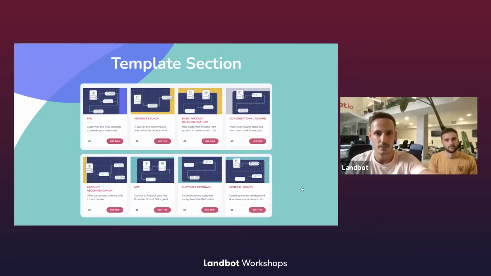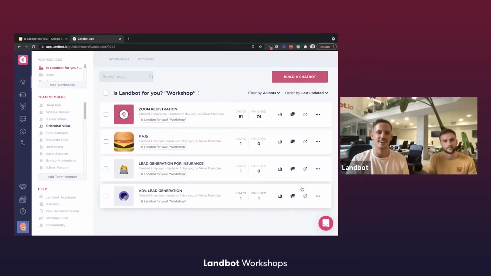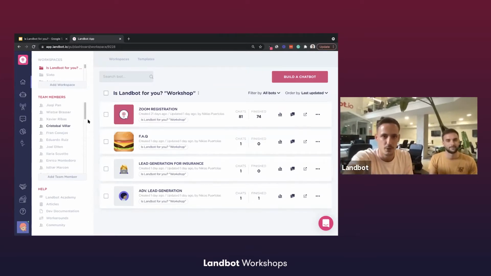So here we are. All right, so this is the Landbot app. I'm pretty sure you're familiar with it. We're on the dashboard in a very specific workshop. It's Landbot for you, workspace for this workshop. So if you want to create a new bot and you want to check out all the cool templates we